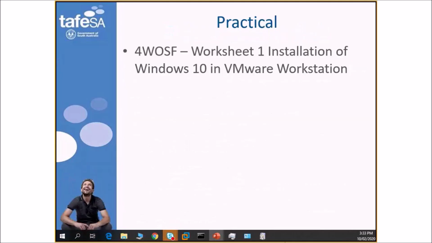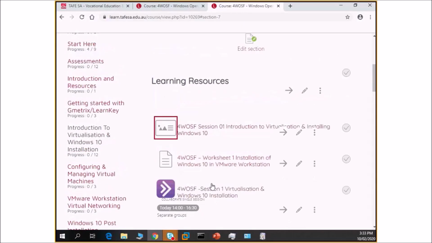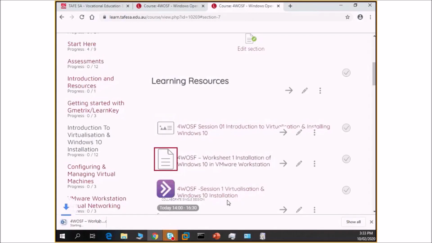So I know we've taken a little bit longer than what we planned, and I think we're going to run out of time to finish this off. So there's a worksheet. We're finished with the theory part of it. The usual formula for my subjects is that we go through a theory that explains a few things, and then we do a worksheet where we teach you a few things practically and reconfirm some of the things we learned. So if you look at this work,